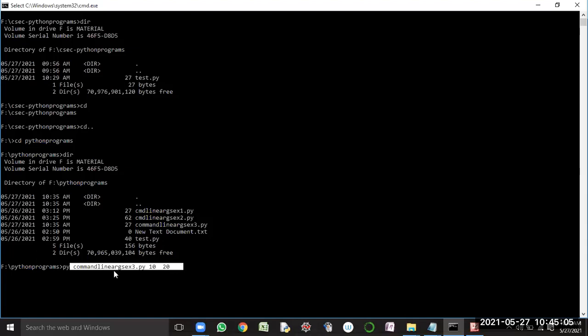So how are these values stored? These command line arguments are stored into the list object. What's the list object available here? ARGV. These all command line arguments are stored into the ARGV variable. So if you look into the data type of this particular ARGV variable, it displays as a list. So if you are having any doubts, you go to the code window and you can print the ARGV. It shows the data items. So what does ARGV consist of? ARGV consists of all the command line arguments or not? Does it store all the command line arguments or not?